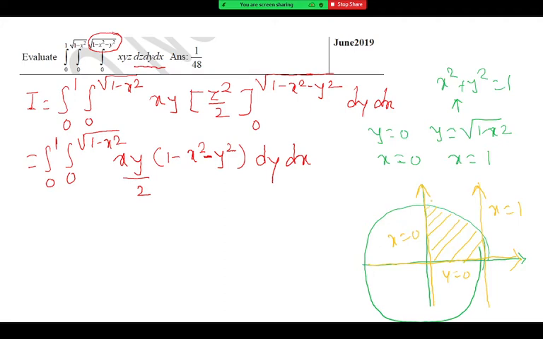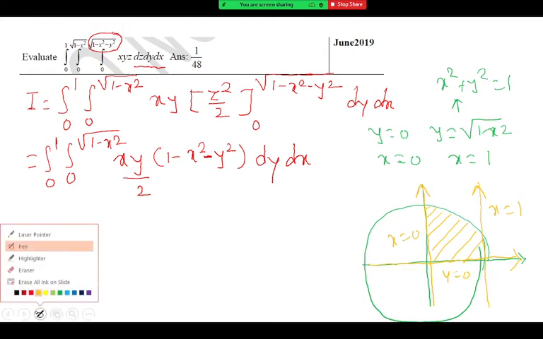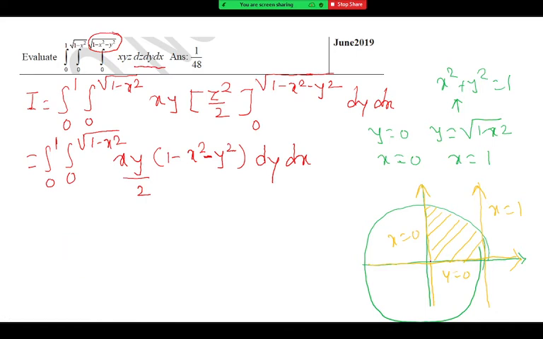So what should be done if the region is a circle or part of a circle? What is the best method? So we can convert it into polar. Yeah, that is the best method, I think. Yes, you can do it in Cartesian, I am not saying that is not possible. In the book, actually, it is solved in Cartesian form only. Okay, so the choice is yours, but the answer remains the same.